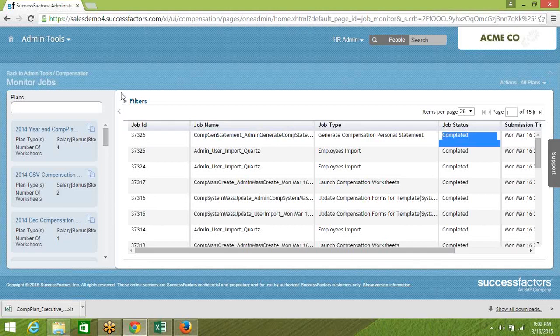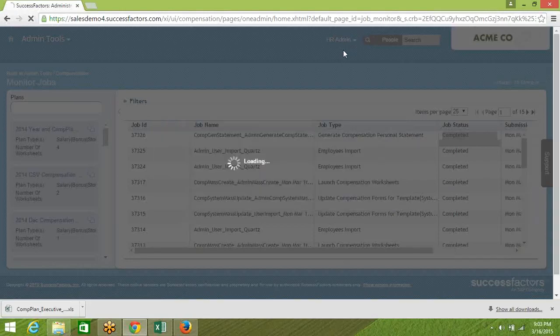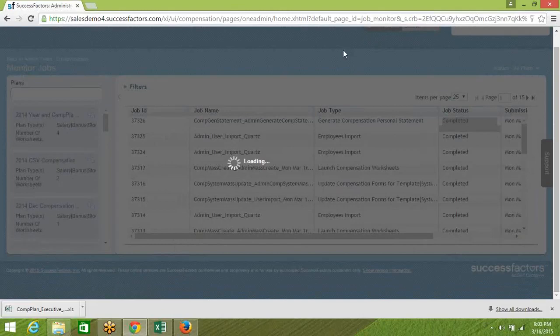So once the status is completed, where you will be able to find the compensation statements of the individual employees is, if you remember, guys, in the compensation form or the worksheet that we just completed, we have Marla Gibbs, we have Ketan Patel, and those are the few employees that are available in the compensation worksheet that Alan Thompson has worked out, right? So if you proxy into those, any of those employees, whether it is Marla Gibbs or Sherry Nielsen or Ketan Patel, whoever it may be, if you proxy into their user accounts,